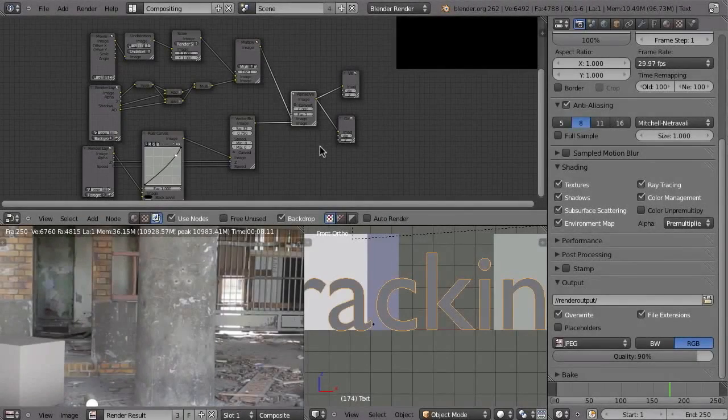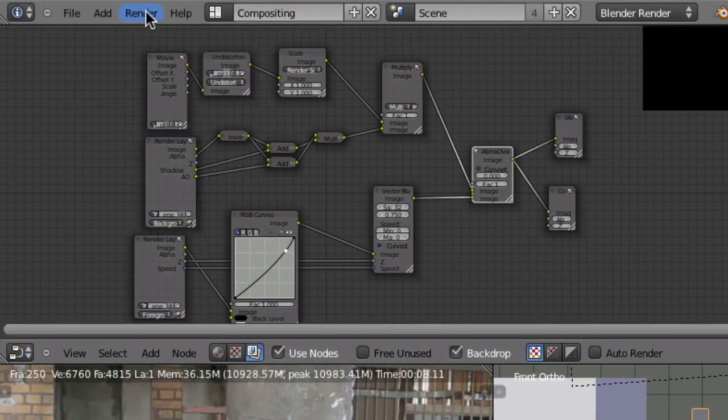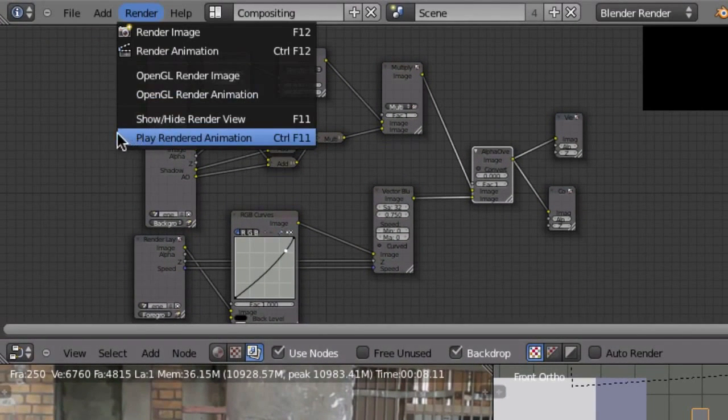So after tracking, compositing and rendering, we should have a look if everything went fine. First of all, I want to have a look at my render output. I've rendered as an image sequence into this folder, and I want to have a look at the result. There are several ways to do that. Of course, we could just use the video sequence editor. We could also use the movie clip editor, but also you can go to render and then click on play